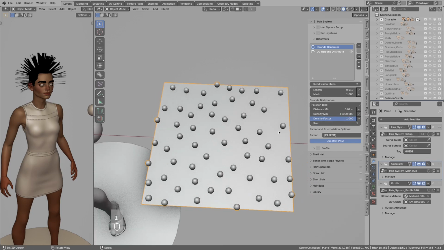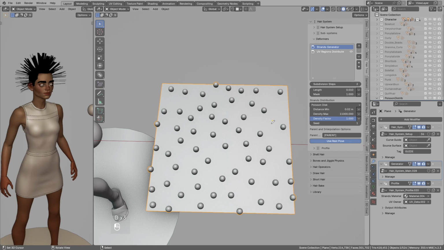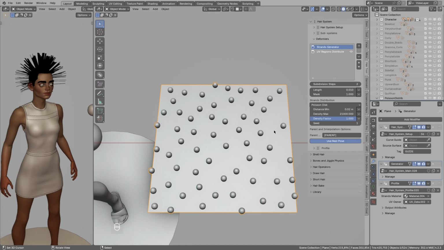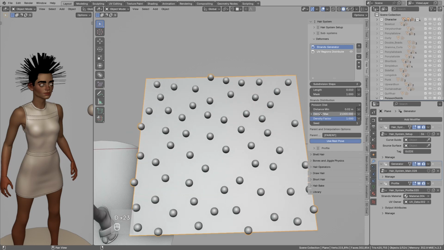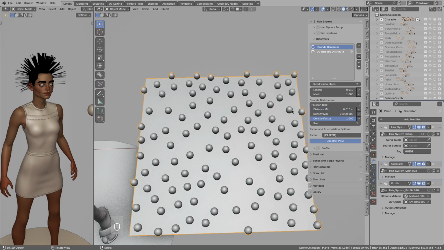Now pay attention that when there are no more free spots, increasing density may no longer add too many points. Like I just doubled the density and we got only 2 more points. So at some point, instead of increasing density, you will see that sometimes I am just decreasing the spacing distance.